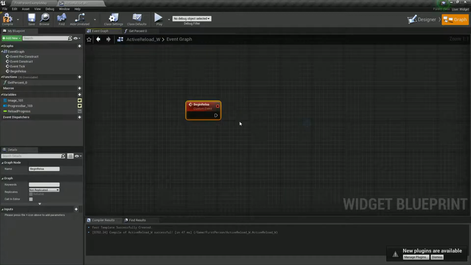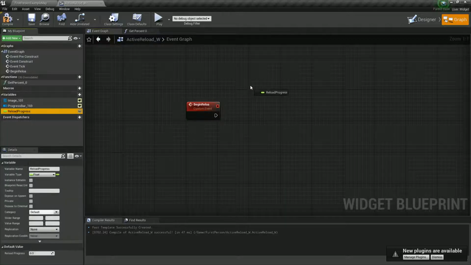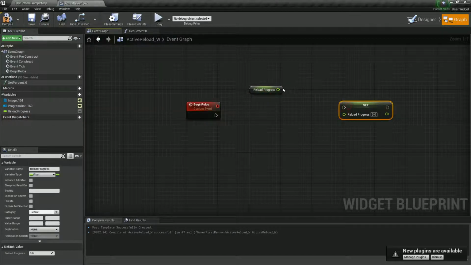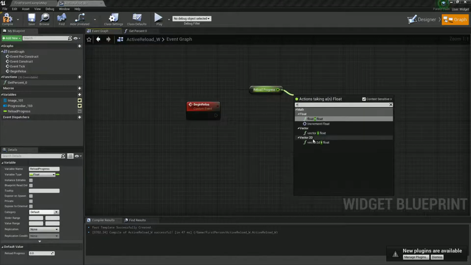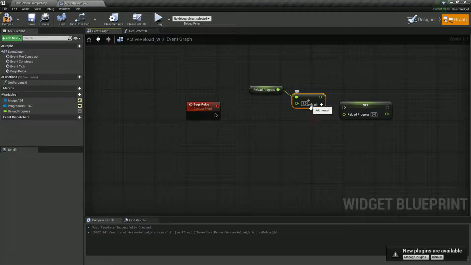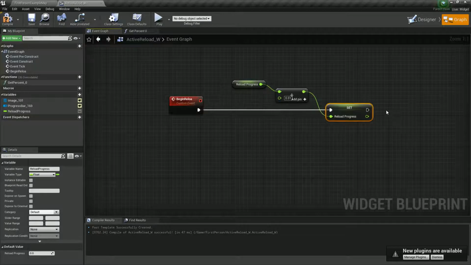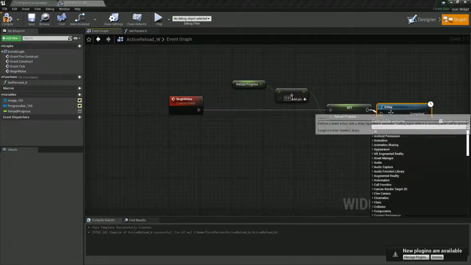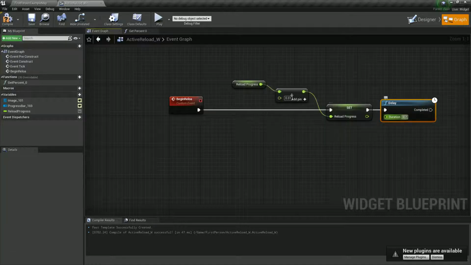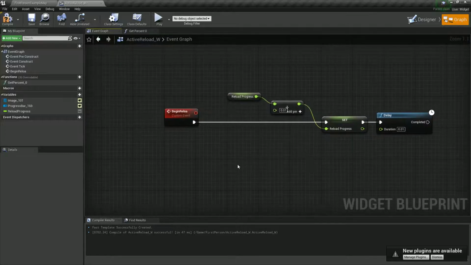So right, we've got our thing. What do we want to do? Basically, we want to create a loop where we're going to get our progress, and we want to set our progress, and we kind of want it to loop this. And I'm not going to use a for loop or a while loop, because we might need to break it. So let's just do 0.01, because it's going to be between 0 and 1. And let's put it on, and then, because we want to loop it, let's get ourselves a little delay at the same time,